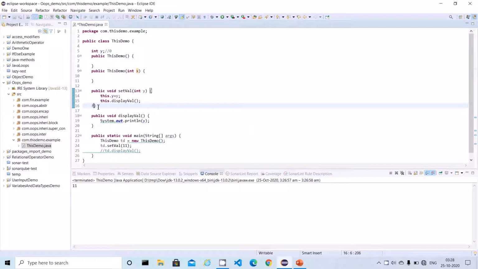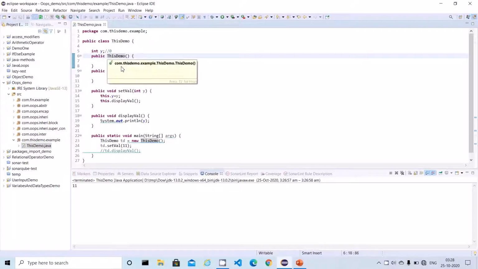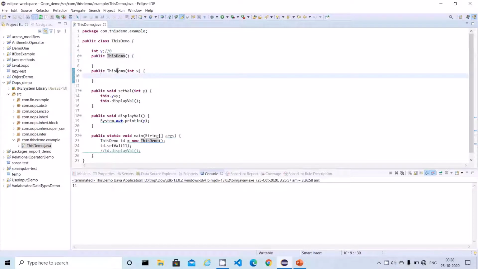I'm going to comment it out. So this is the default constructor and this is the argument constructor, and as part of our line number 23, we are calling the default constructor when we create an object. My scenario is whenever I call the default constructor, I want to call the argument constructor. So how can I do that?